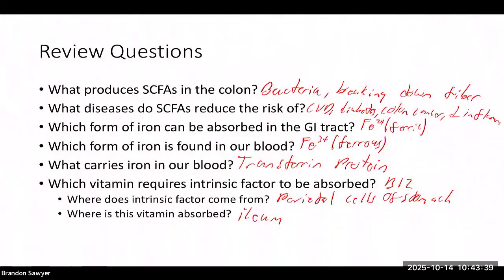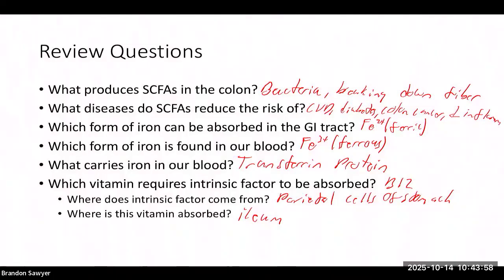We definitely have a lot of iron in our hemoglobin, in our red blood cells, but it's there with a purpose, to bind to oxygen. This is when we're just moving iron through the body to get it to different places, which uses that transferrin protein. And then intrinsic factor,